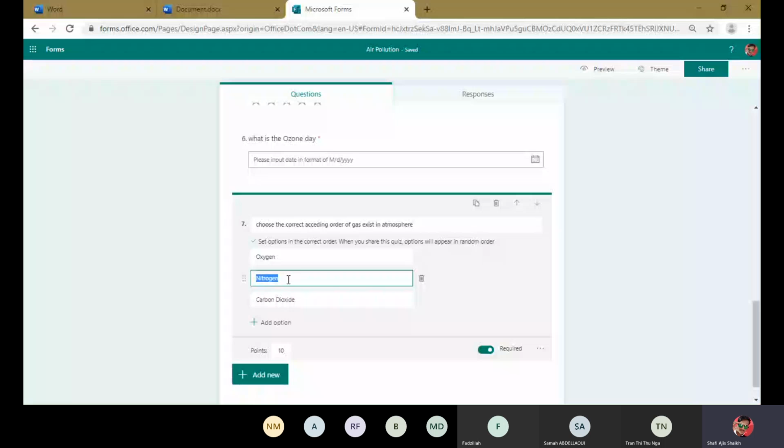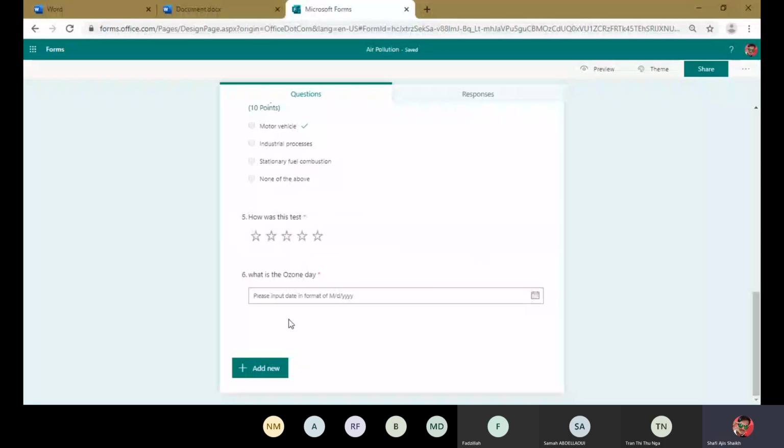By volume, I think in dry air, nitrogen is number one. Then oxygen, then carbon dioxide. Okay, so oxygen here I will choose. For example, okay, I have set the correct order here.